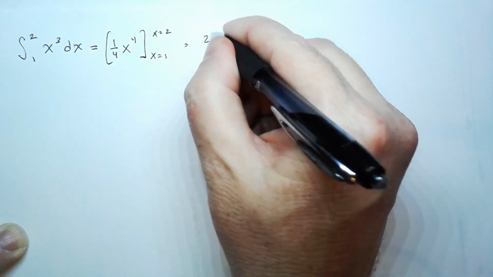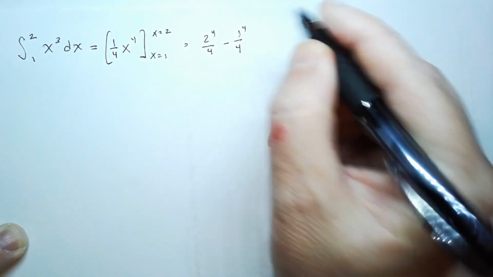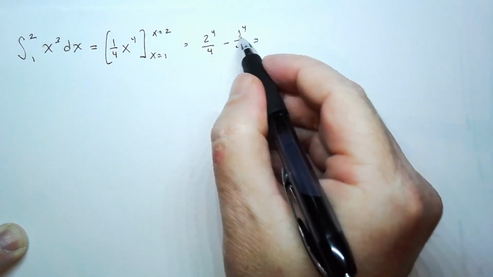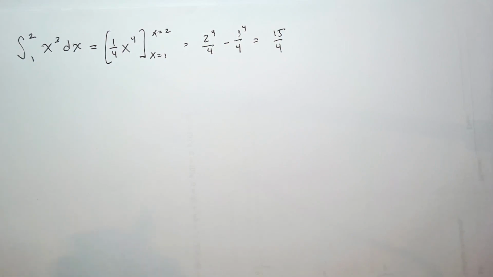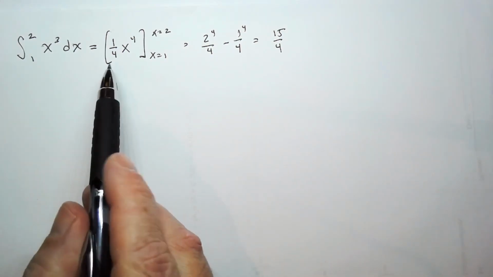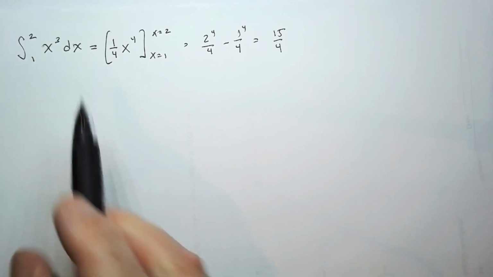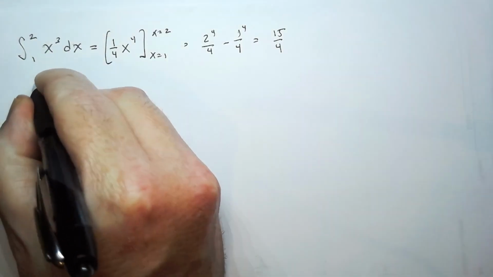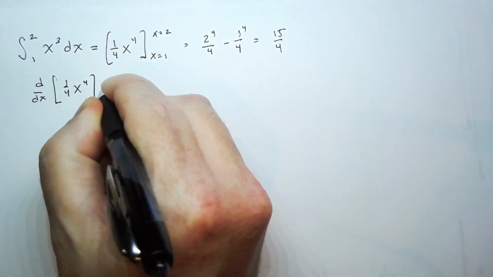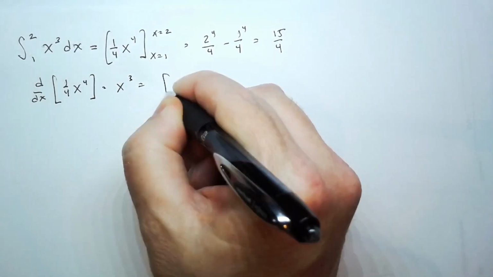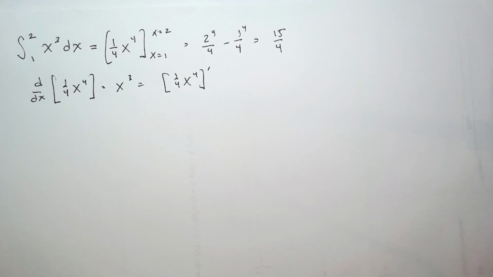We get 2 to the fourth over 4 minus 1 to the fourth over 4, which gives us 16 minus 1, 15/4 as our answer. It will be helpful as we proceed to have a notation for this antiderivative of our integrand. We have lots of notations for derivatives. Or we could write this as 1/4 x to the fourth prime, but we don't yet have a notation for